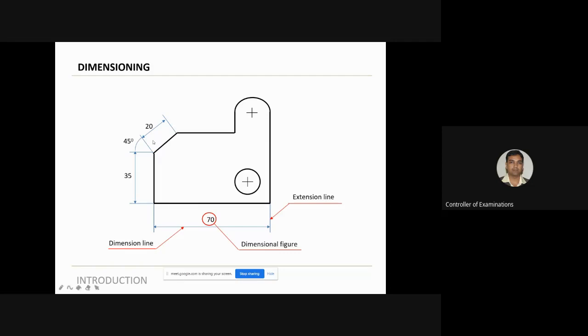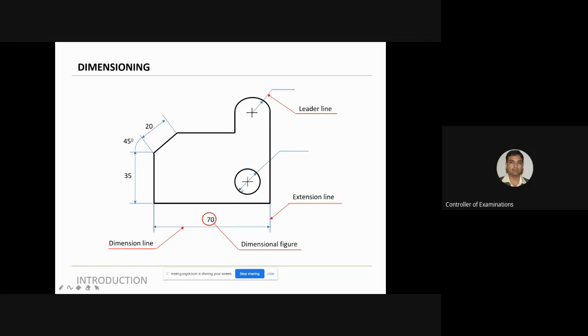And this, you can see the radius. There's a semicircle here, and there is a full circle here. It's a hole. So if you want to dimension these radii or diameters, then this is how you can do it. You can take out a leader line. That means from the center of the circle or of the semicircle, you have to draw a line to the outside with an arrow indicating the limit of the dimension.